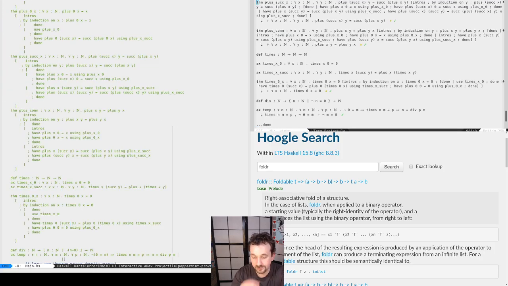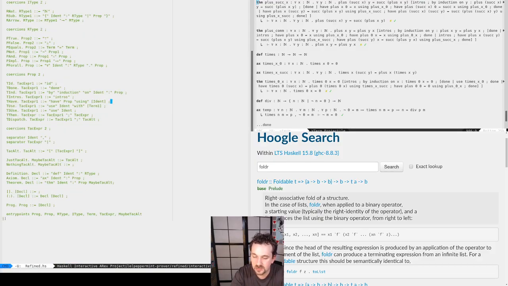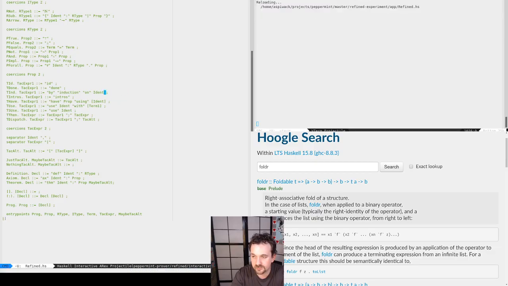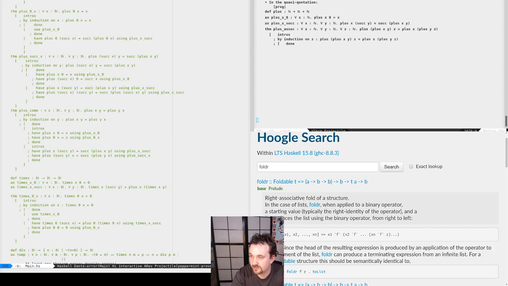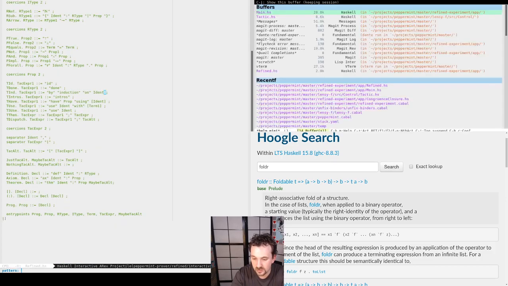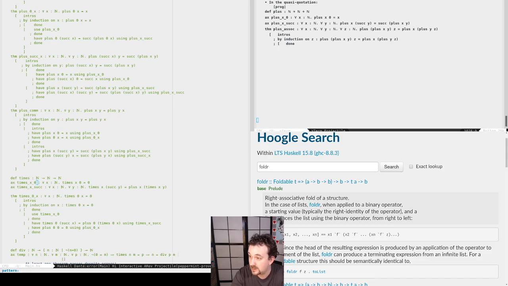So I want to remove this column thing in the induction symbol. I don't seem to be able to go back.